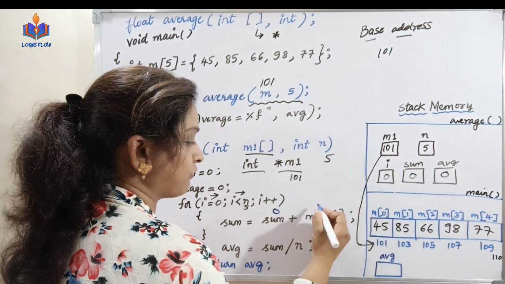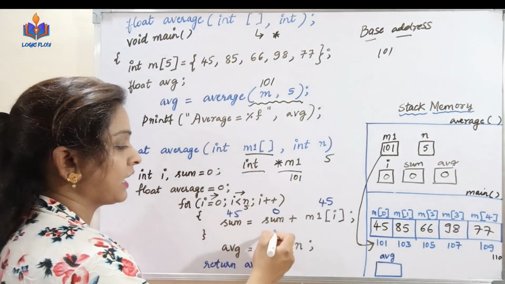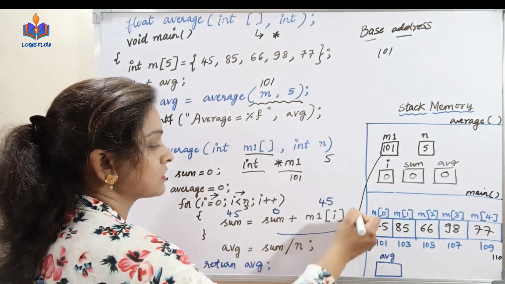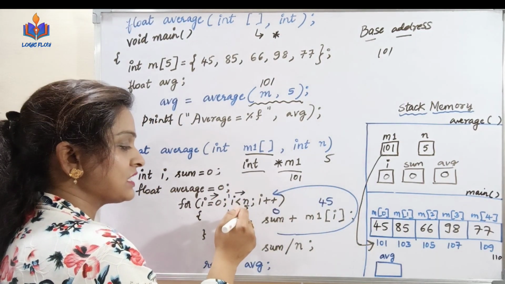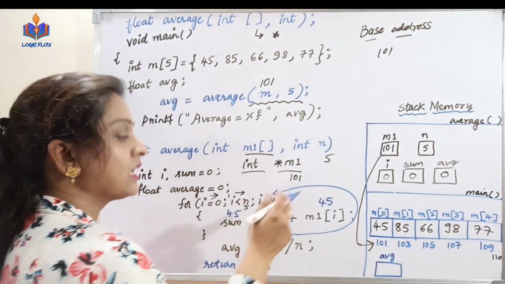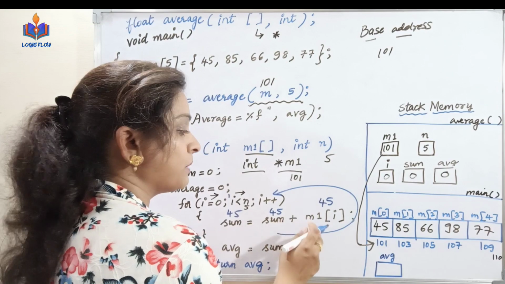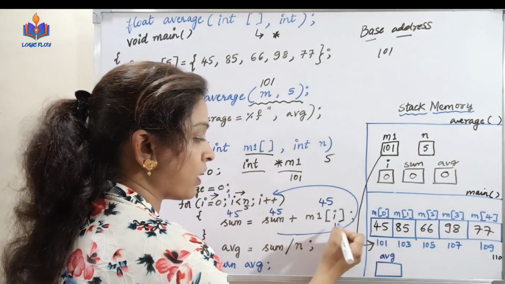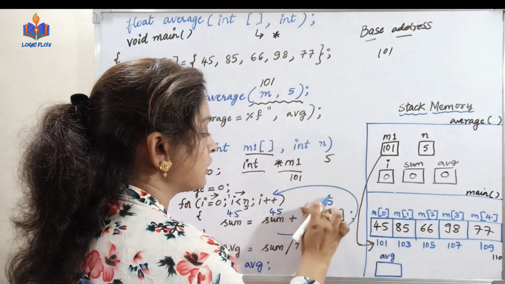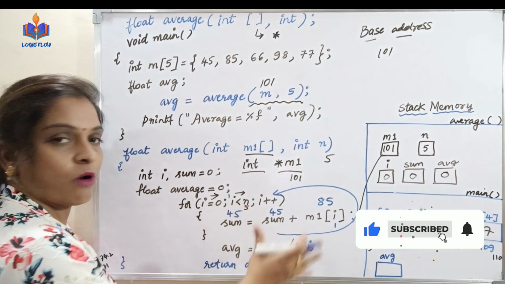It is 45, so it is 0 plus 45. Again take a loop progress. I gets increased. It becomes 1. 1 less than 5, yes. It goes on like this. Again 45 plus M1 pointing to 101. I, now it is 1. It is 85. So it goes on like this, and we are going to compute the sum of numbers,